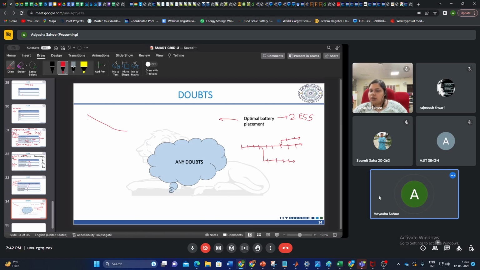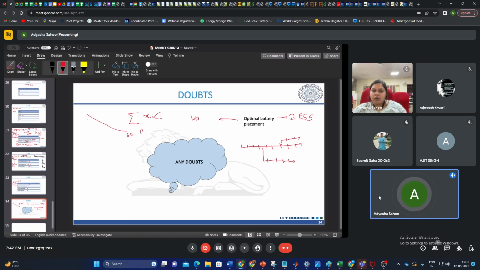So for those kinds of studies, we need to have the battery placement problem, where first we'll carry out offline studies. This battery placement problem will be modeled in the form of binaries, similar to optimal PMU placement, if you have heard of it. So we'll be having binaries, and our objective may be cost minimization.